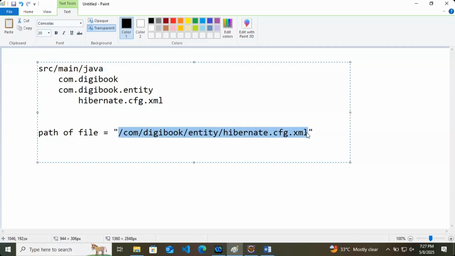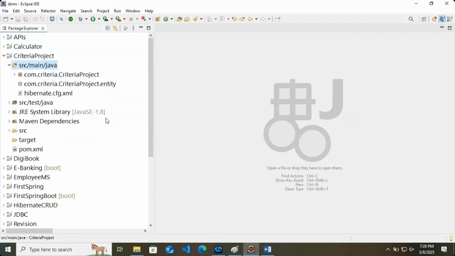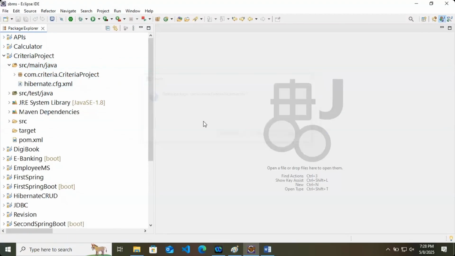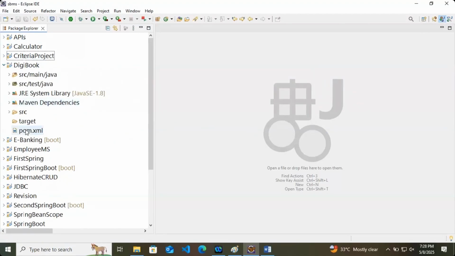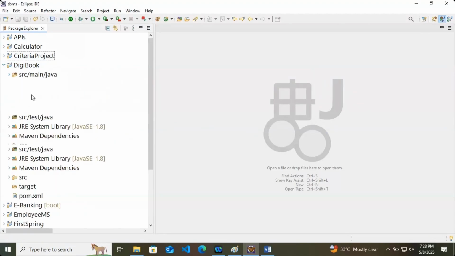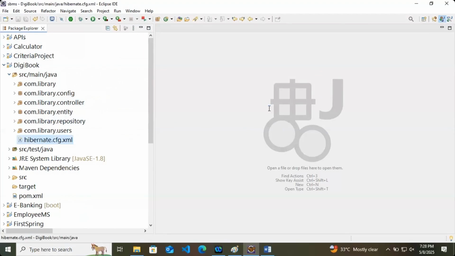So I hope now you will not have this problem. Hibernate.cfg.xml, you can do it here. And I will even tell you the second method, so that this file is not required. Anyways, we have created our file here and we need the configuration of this file. So why waste the time? We already have the configuration of this file. Just copy paste.